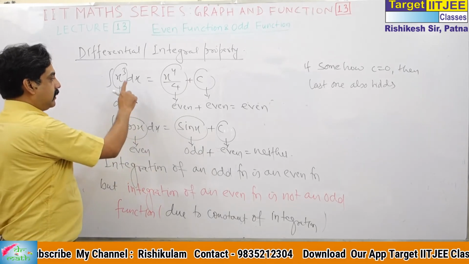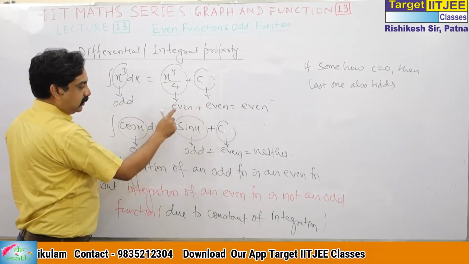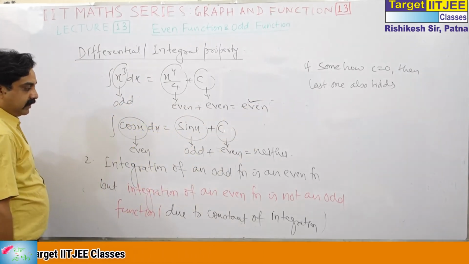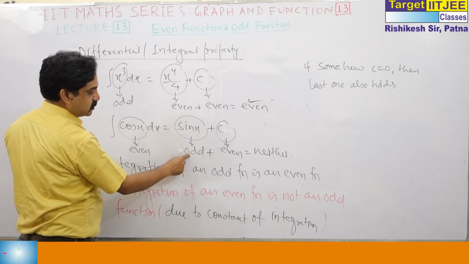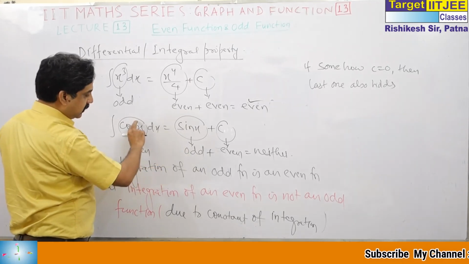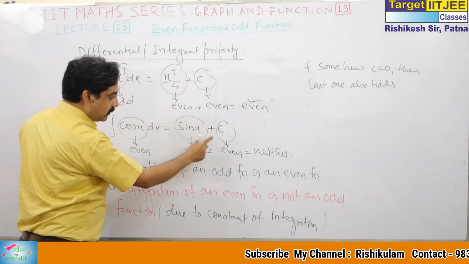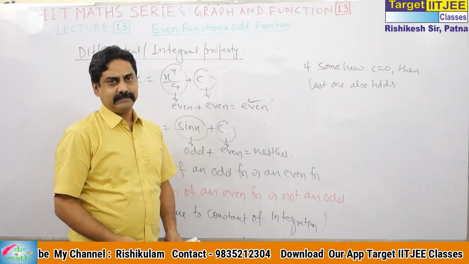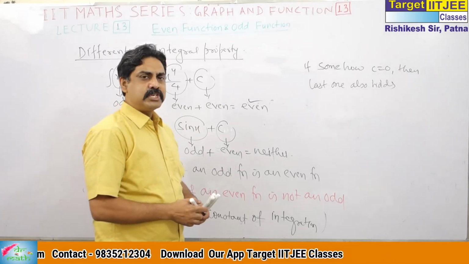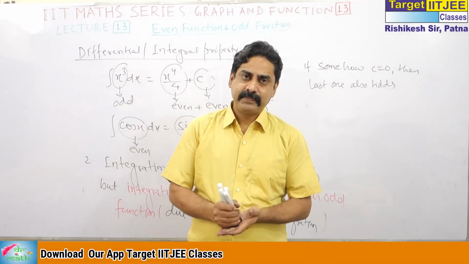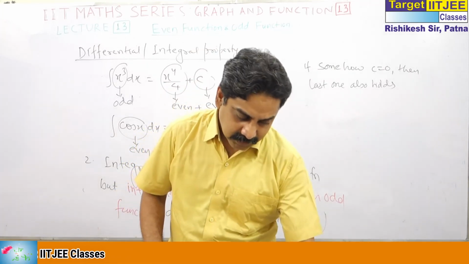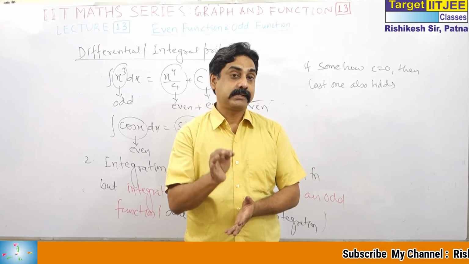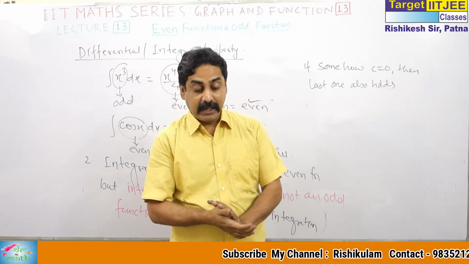If you have confusion, take an odd function and integrate. You get an even function, and even plus even is even, so this is justified. You take an even function, integrate, this is an odd function. Yes, clear, because this is the antiderivative. But this is plus c, and this plus c will make it odd plus even, which is neither. So these are the facts about even functions and odd functions. I think you have gone through this lecture. There is not much mathematical sense in this chapter, but questions come in integration.